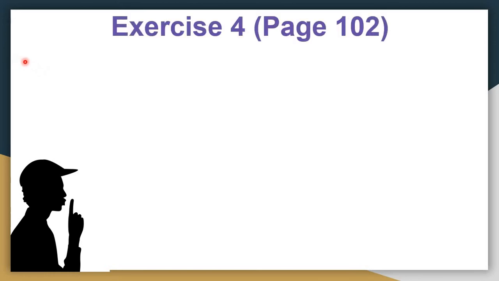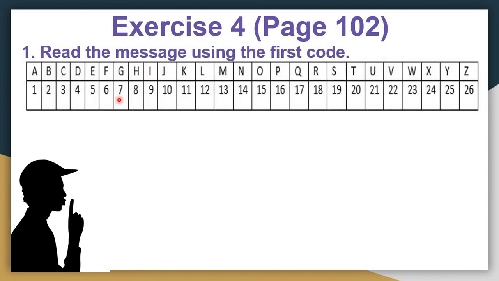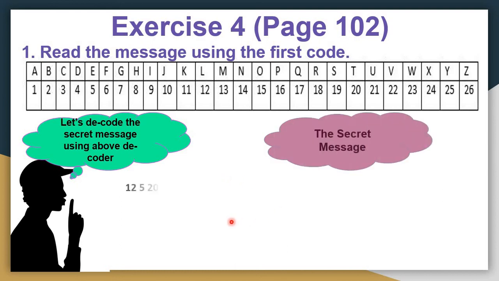Let's learn how to use the decoders to write secret messages or to decode secret messages, and that will be done in exercise 4, which is given at page 102 of your book. Question 1 says, read the message using the first code. Kids, the first code given in your book is this, where capital A is 1 and Z is 26, right? So that means we will be using this decoder to decode the message, right? And the secret message is written like this: